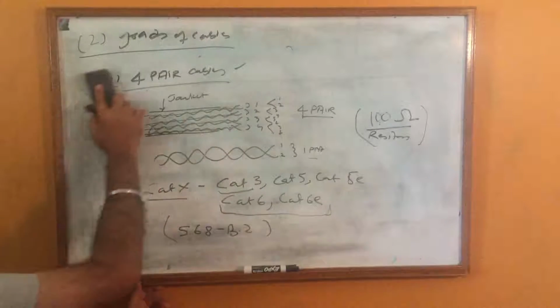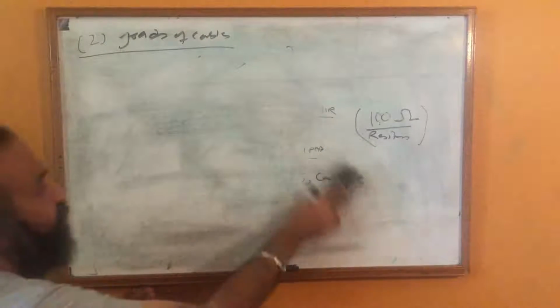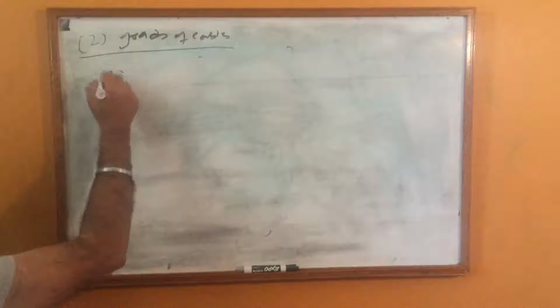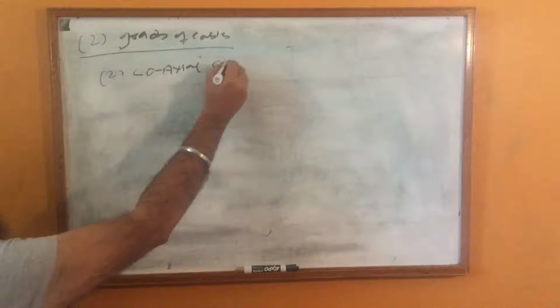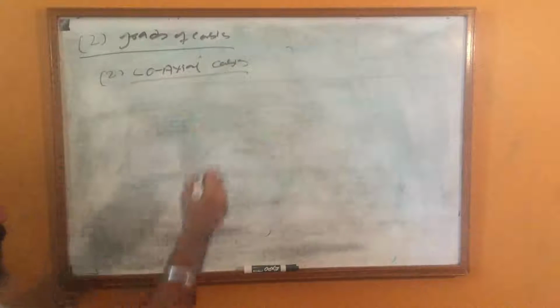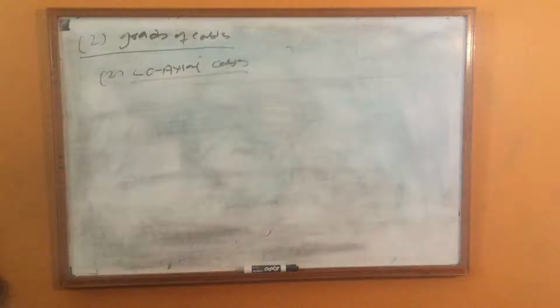So the first one is 4-pair cables. The second type of media we use is the coax media. It's also called coaxial cables. So coax cable, before I go there, a normal question which could be asked in the field, or you might wonder,